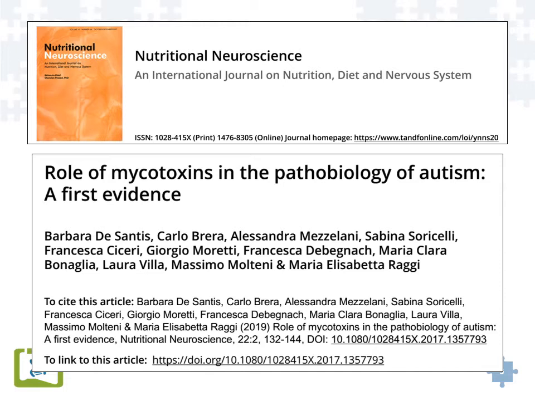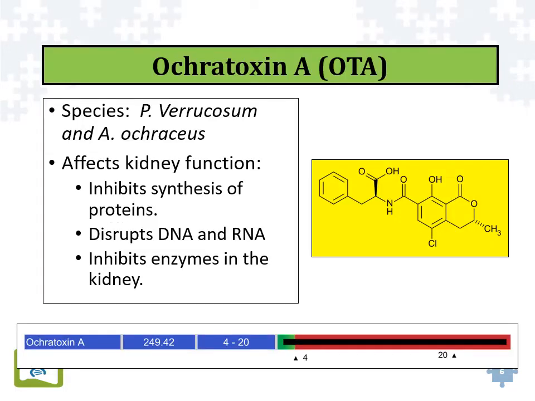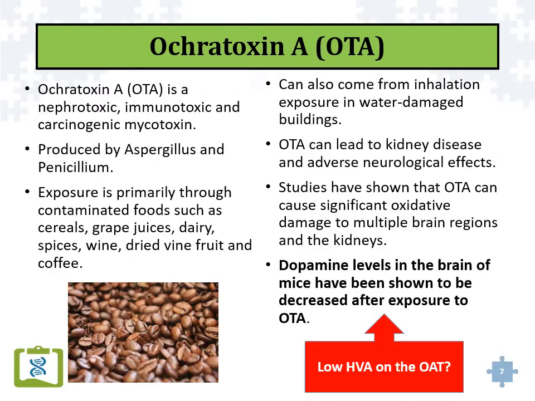Now, there was a recent paper that came out in Nutritional Neuroscience that was looking at the presence of ochratoxin, a type of mycotoxin coming from Aspergillus, being linked to autism. And ochratoxin is a carcinogen. It can also damage the kidneys. It's also known to be an immune disruptor, so it actually can create problems in the immune system. One of the things that's often seen with ochratoxin is a proliferation of digestive candida, for example. So it's nephrotoxic, immunotoxic, as well as carcinogenic.